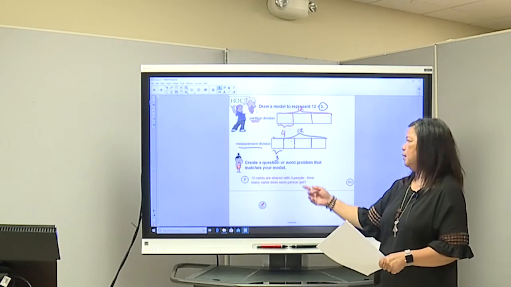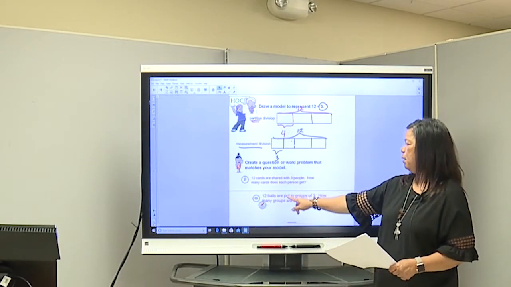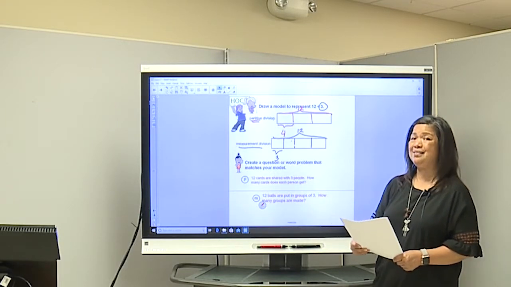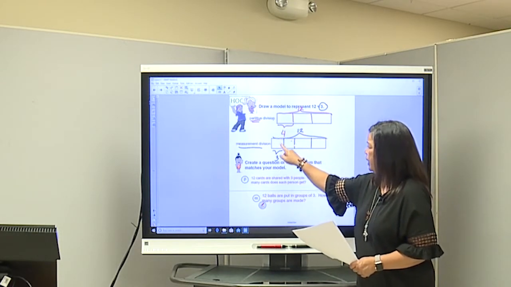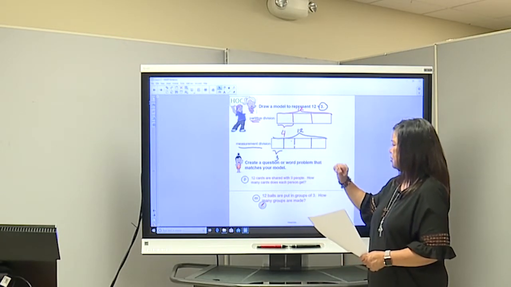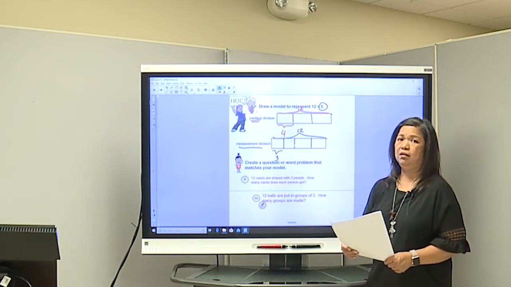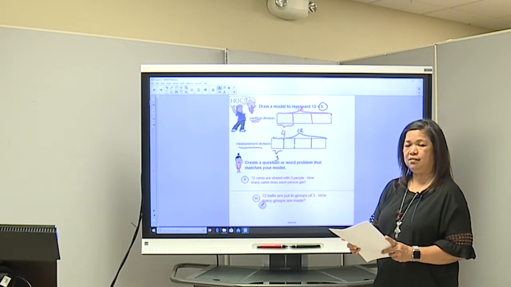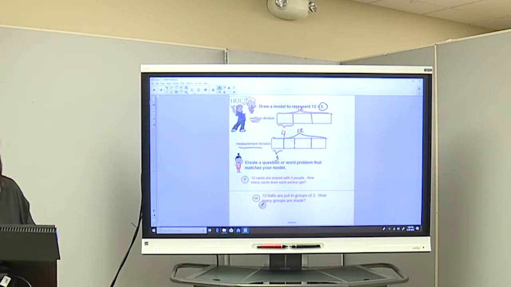What about the other one? Measurement division. Here's an example for that one. 12 balls are put in groups of 3. How many groups are made? All right, so I have 12 balls, 3 in each group. So this is 3, this is 3, this is 3, this is 3. How many groups are made? So that's 1, 2, 3, 4. So that's the measurement division for 12 divided by 3. Pretty cool, huh? So, to continue,